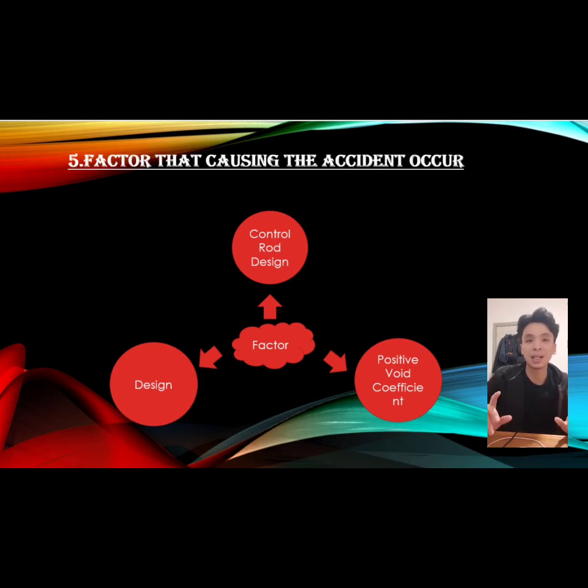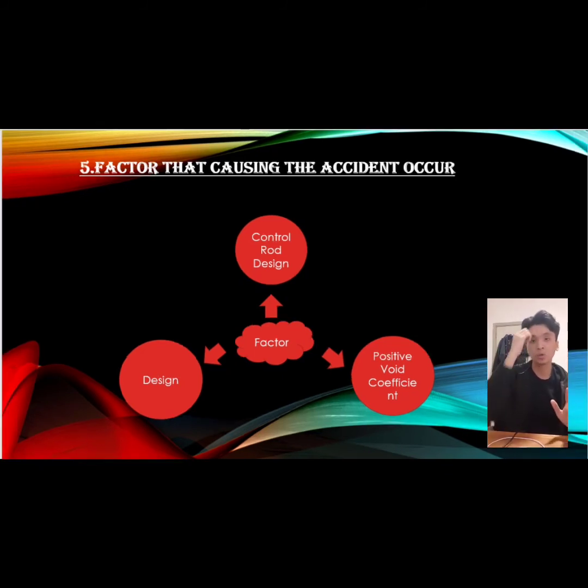Faster neutrons are less likely to split uranium atoms, so less power is produced by the reactor. Next, we have control rod design. A weakness in the design of the control rods was another cause. The control rods are intended to control the reactor multiplication factor K. Removal of the rods causes an increase in the value of K and vice versa, because control rods absorb